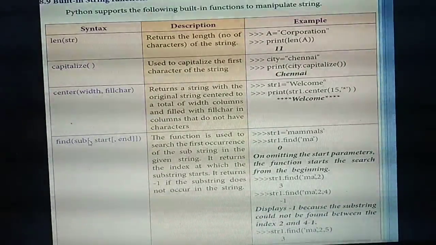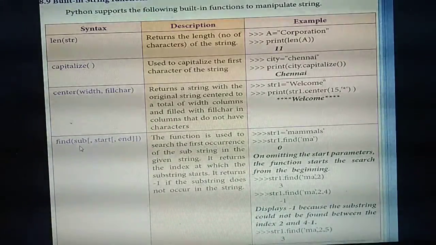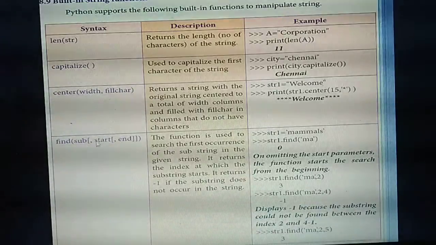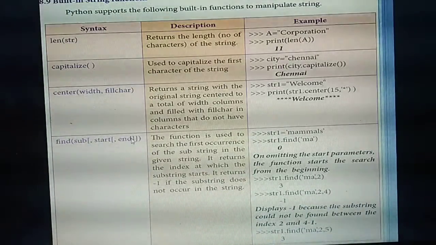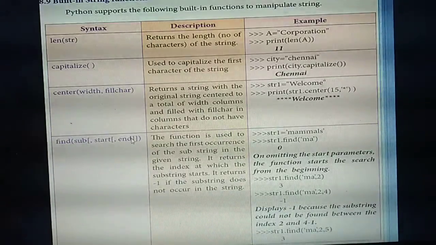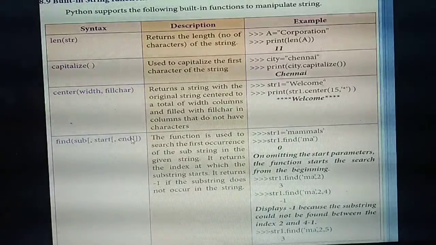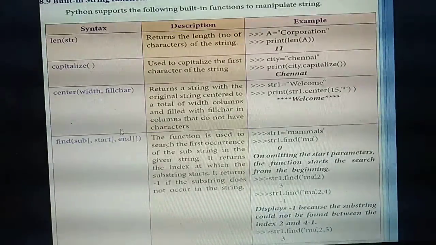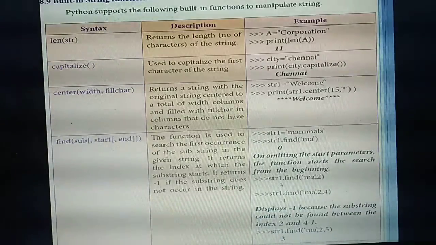So here you are going to give find, then the substring, which substring you are going to search. That substring you are going to give. Then the start index, and the end index. End index 5 means it will take 4. The last index value, Python will always take n-1. So what's the use of find? Read it: used to search for the first occurrence of the substring.